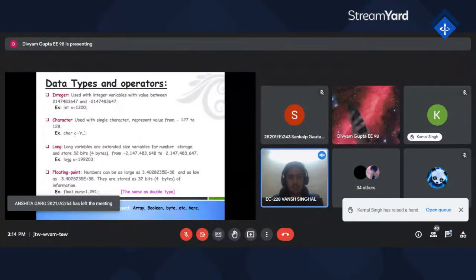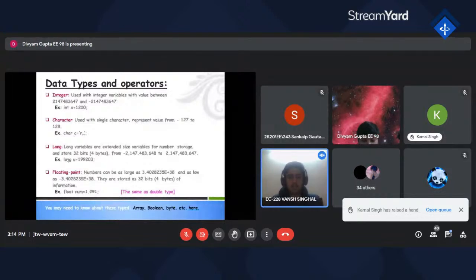For the integer values, we know what an integer is, like -1, 0, and 1. If we have to initialize a number, we tell the compiler it's an int, and we name that value as a variable, that is x.